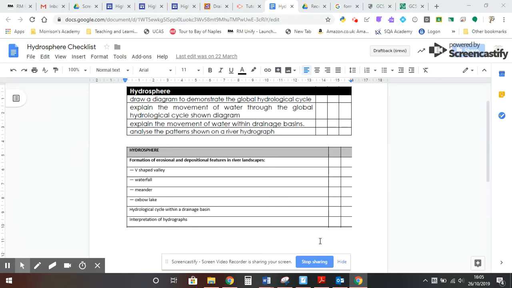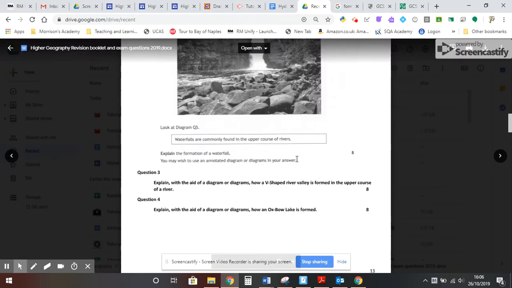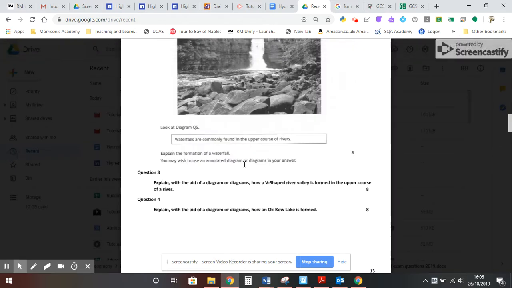Okay, in this video I'm going to explain to you the formation of an erosional depositional feature in river landscapes, and I'm going to focus on the V-shaped valley. In terms of exam questions, just as with the other features, you have to first pay attention to the question